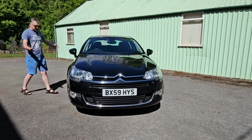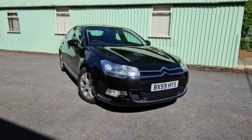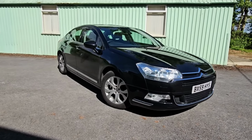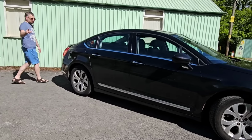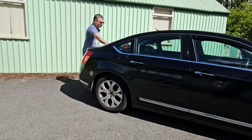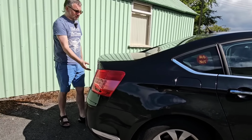But for me, I think this is a very impressive car. I'm not sure it screams Citroën necessarily, but a hugely impressive design. We've got some hints, just like the C6. We've got a curved rear window on the saloon. This is not a hatchback. It is there